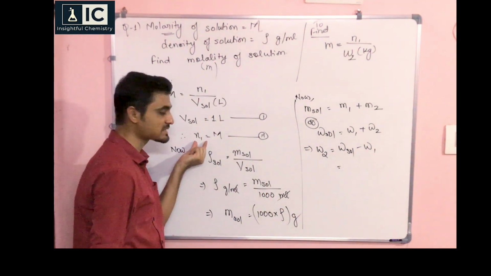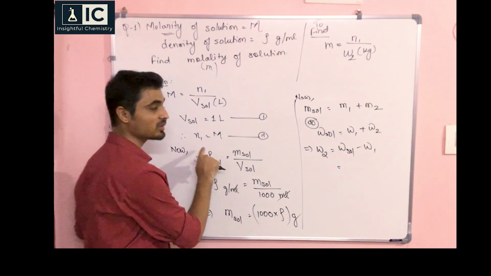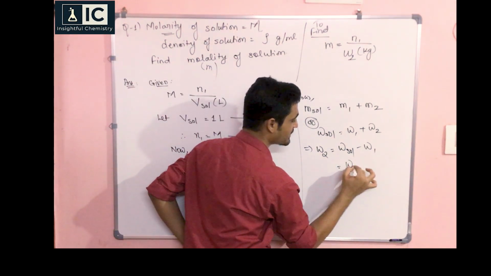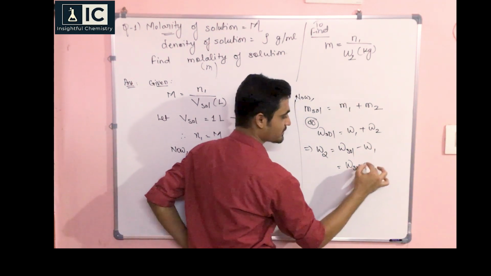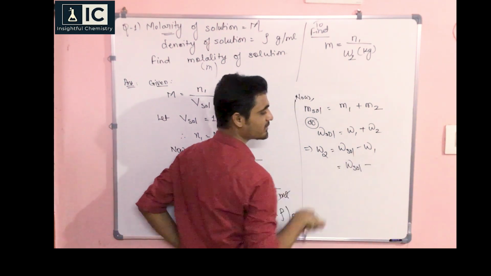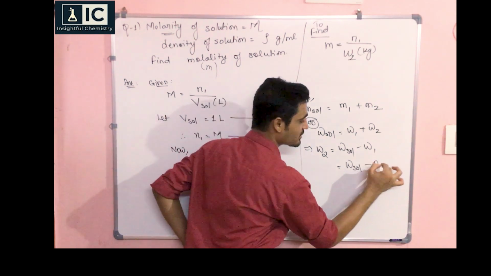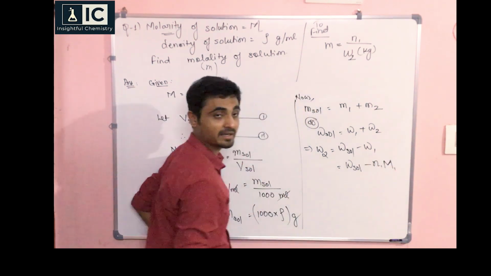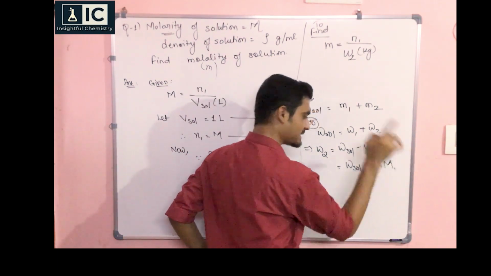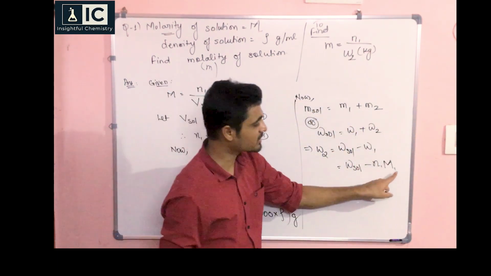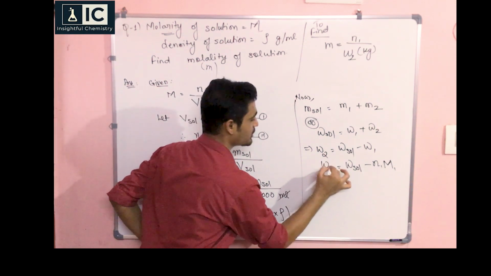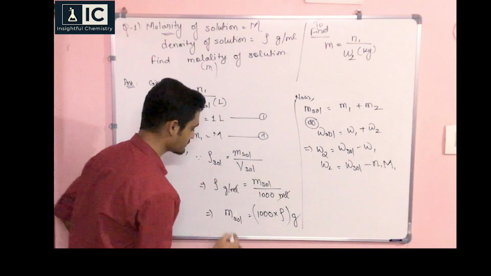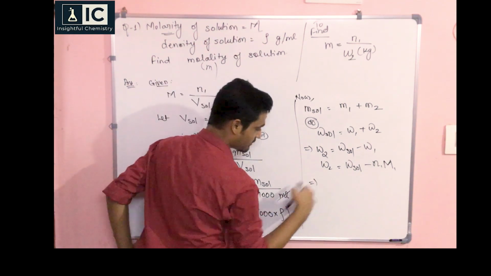Now what I have is moles of solute. So moles into molar mass will give me weight. So this will become W of solution minus W1, which will be what? Moles multiplied by molar mass. So what is M1? M1 is molar mass. Okay, I'll write it in the end. This is molar mass of solute. Therefore W2, put the value here. W2 solution, right? This is W2. So that's W solution it is.